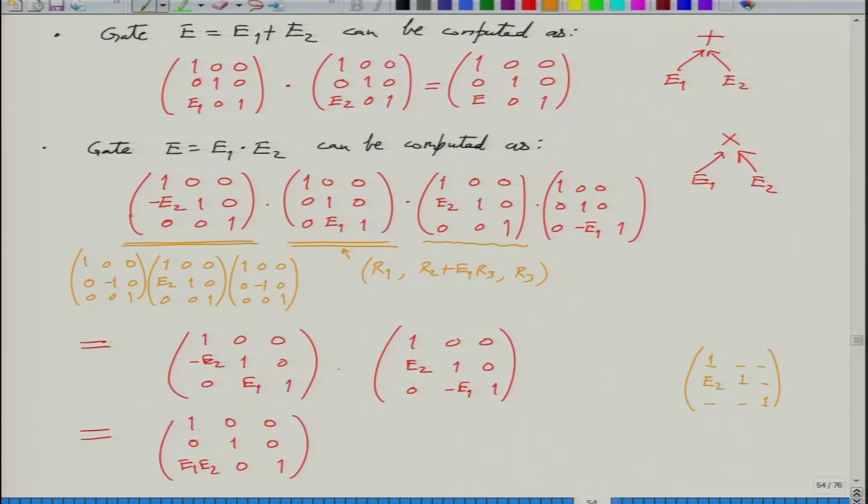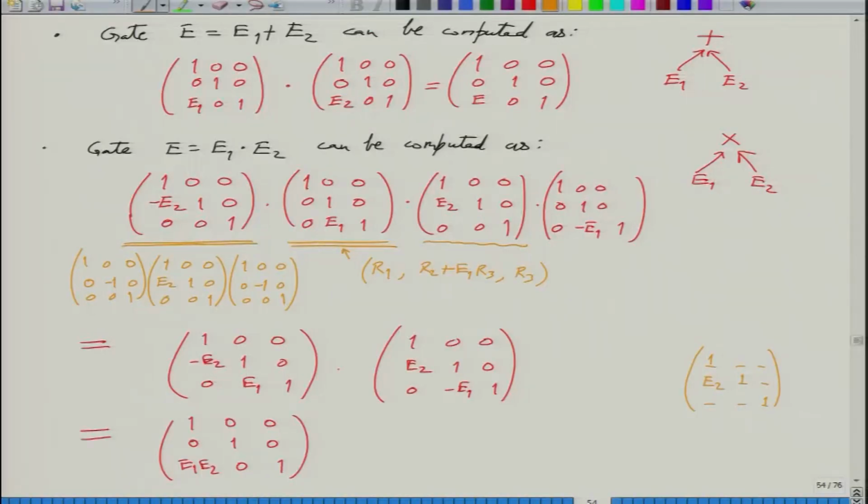Are you saying that the signs are unnecessary? Yes, why do we need those signs? The sign is needed because look at the second row with first column multiplication: it needs minus E2 plus E2 to cancel them. And also look at the third row with second column. That also needs E1 minus E1. You can consider all the ways. Now you know the space of ways, and trust me, only this one will work.